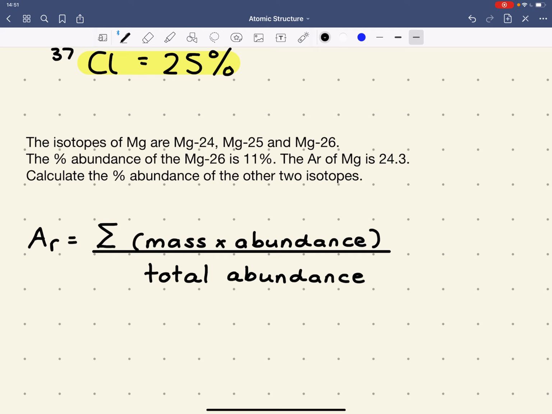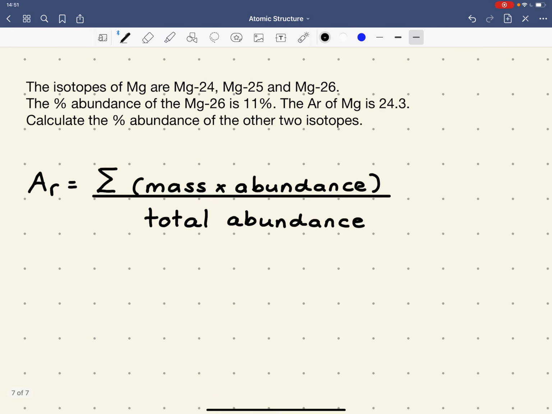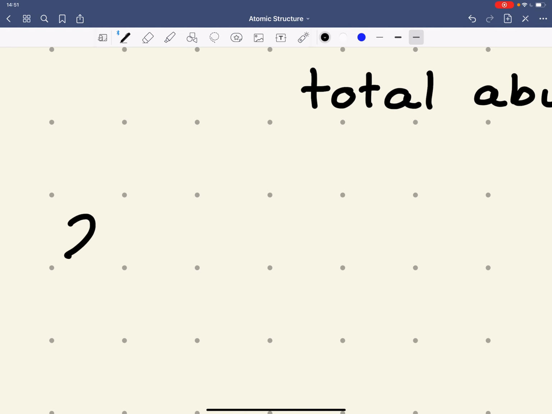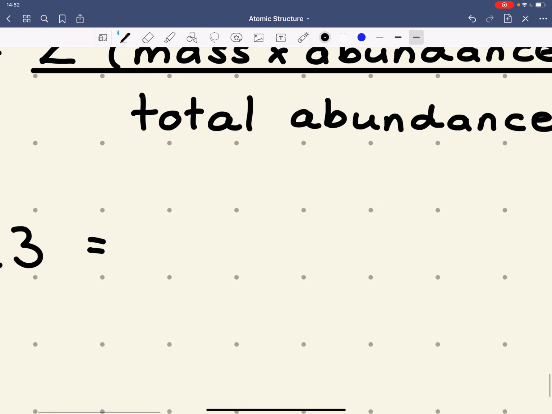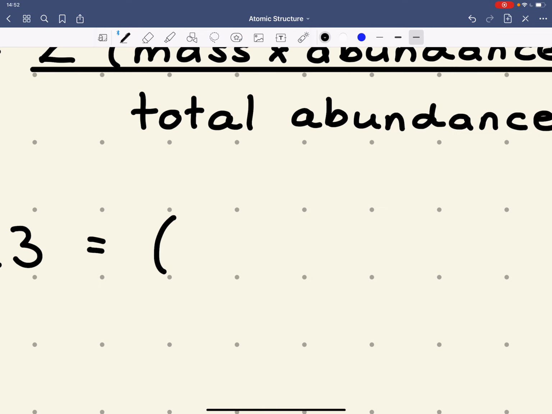Again, it's based on using the equation given there, and let's fill in the information that we've got. The Ar is 24.3. That's equal to the sum of the mass times the abundance. Again, because we're dealing with percentages, this total abundance here must add up to 100, and all the abundances on the top line again must add up to 100. So the information I've got is, I know that the magnesium 26 is 11%, so I can straight away do 26 mass times abundance, plus